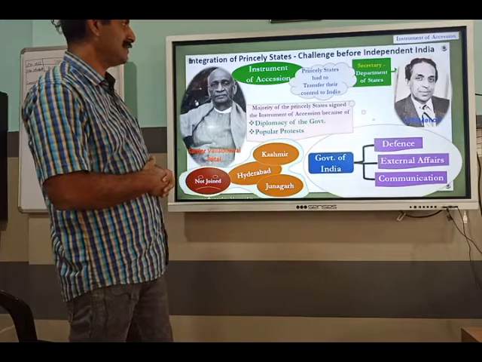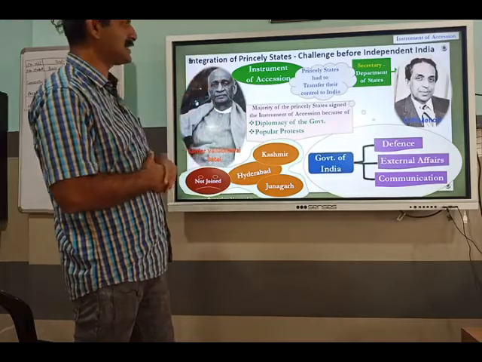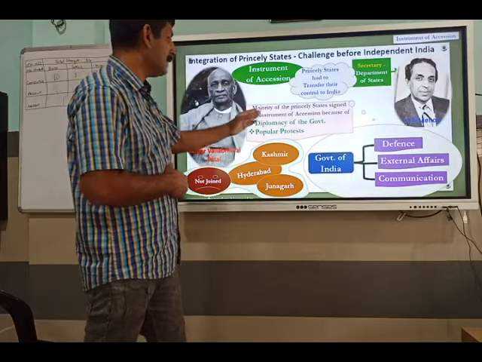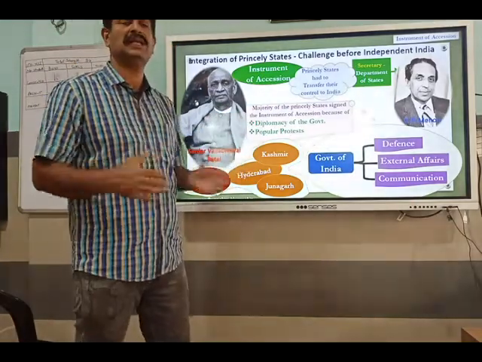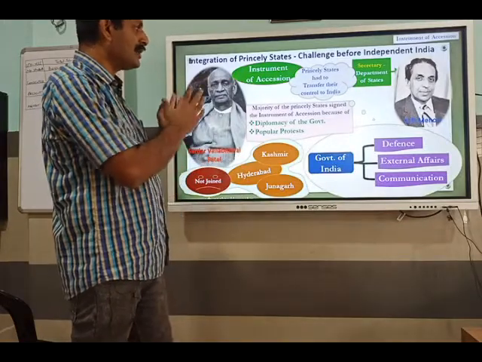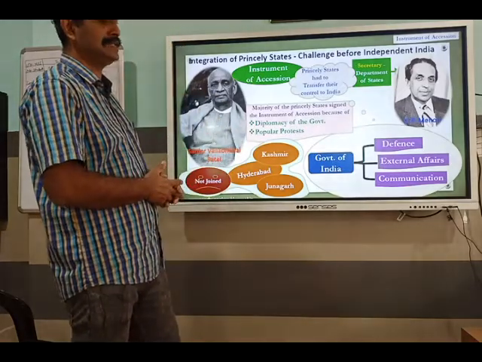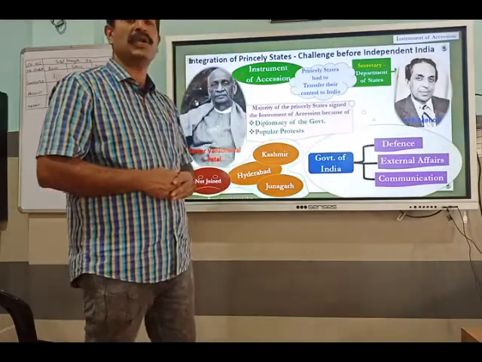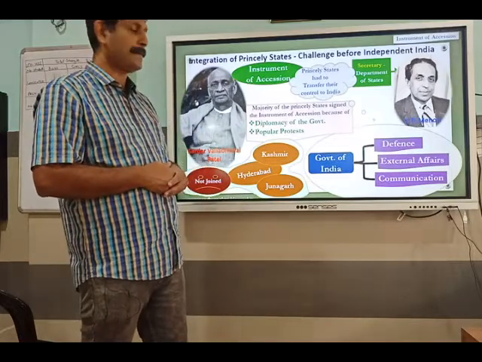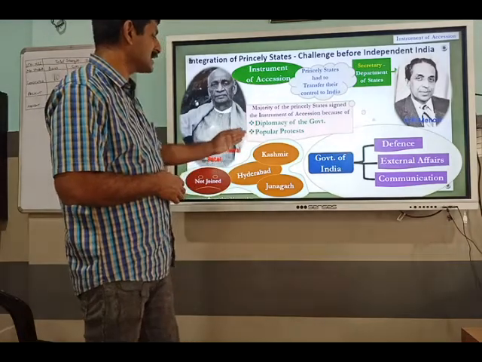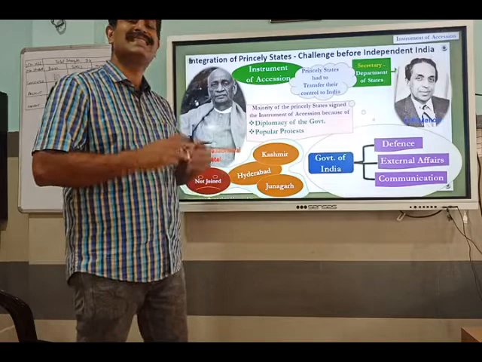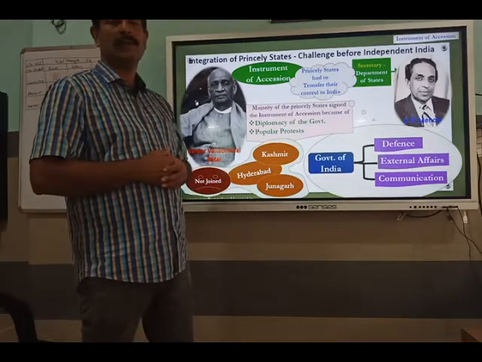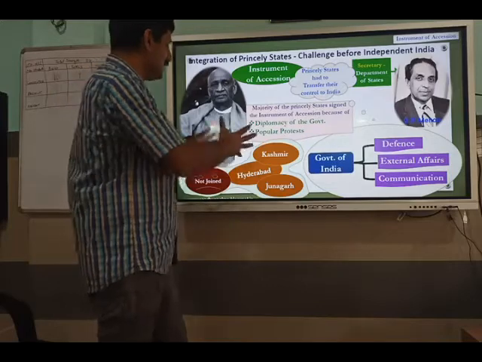Instrument of accession. That's the thing given there. The majority of the princely states signed the instrument of accession because of the diplomacy of the government and the popular protest in their places. According to the Government of India, they had to give away defense, external affairs and communication to the Government of India. The rest they could keep. But there were certain places like Kashmir, Hyderabad and Junagadh that still did not consider joining the Indian Union. But they used military power, diplomatic ties, etc. And at last these three places also